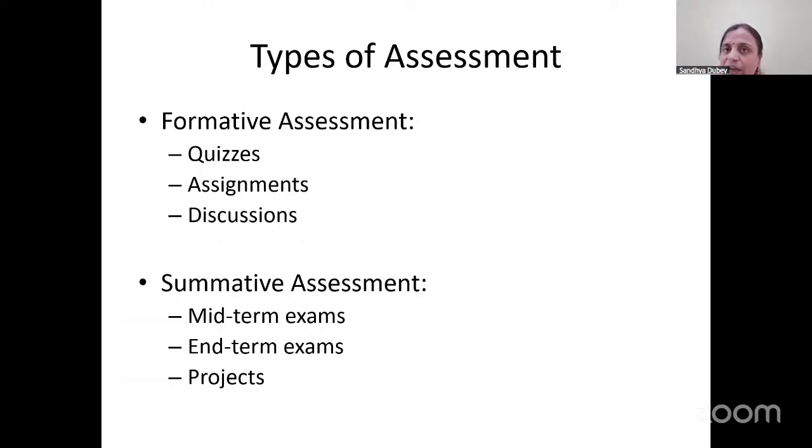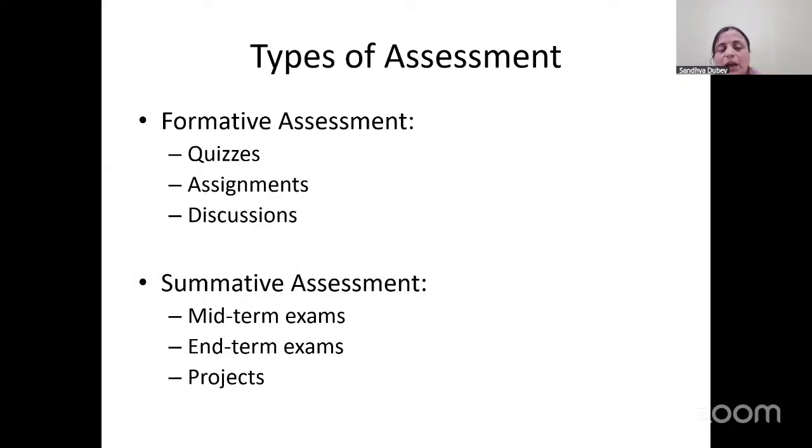So in continuous evaluation, which NEP has proposed in 2020, the evaluation type to be followed is continuous evaluation, where we integrate both formative assessment as well as summative assessment. The formative assessment you will be doing during your regular classes. If it is for 3 credits, consider there are 36 hours you are taking. Out of 36 hours, you can divide based on the module which class you are going to take the formative assessment. It need not be taken in all the 36 hours.